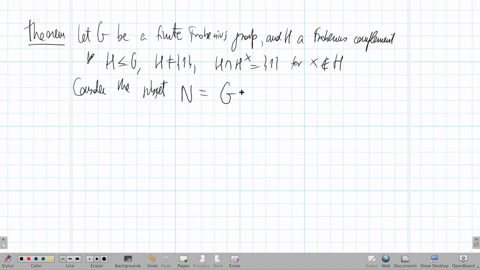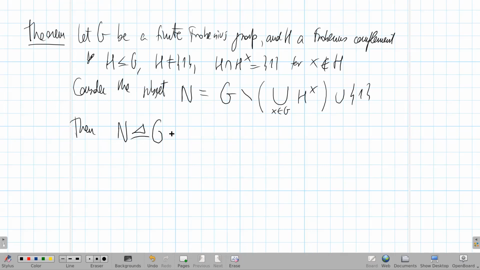You take G, you subtract from G the union of all conjugates of H, where H ranges in G, and then you add back 1, because we want this to be a subgroup, so there has to be 1 in it. And the claim is that N is a normal subgroup of G called the Frobenius kernel